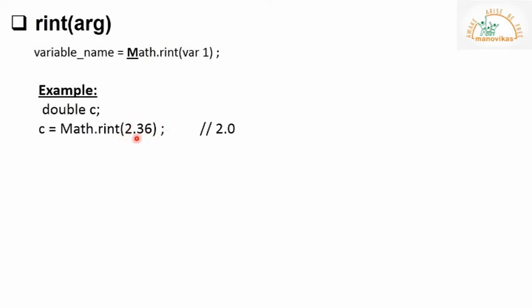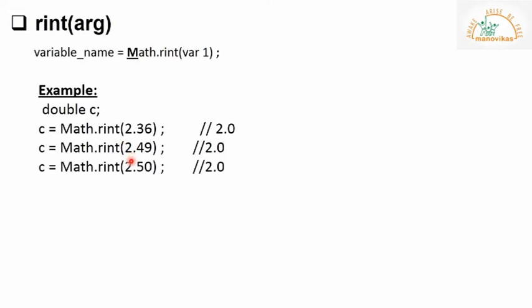But everyone knows 0.36 is less than that condition I mentioned, it is not more than 0.5. So in that case, it will be rounded to the lower integer, that is 2. Since the return type is double, your result will be 2.0. The next is 2.49. Still, that 0.49 is not more than 0.5. So you will not get the next integer value. It will be the same integer value, that is 2.